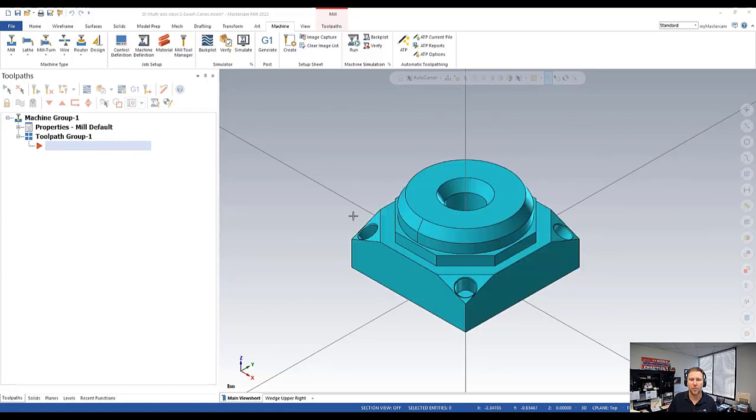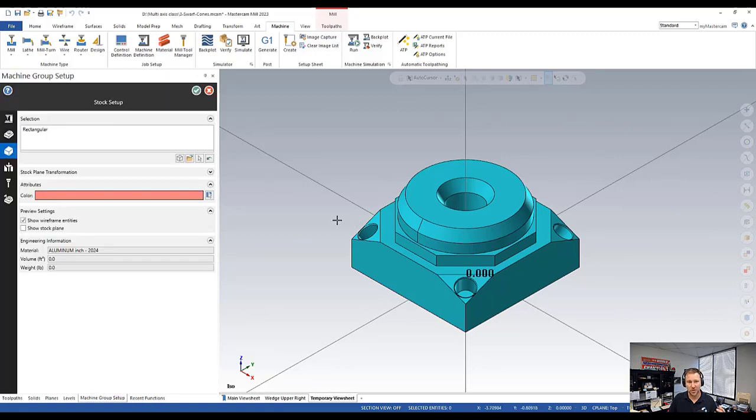I already have a part presented on my screen. I have already selected my machine. That machine selection, download, all of that stuff is exactly the same as it has been in prior versions of Mastercam. Now, where you're going to see the change is when so many of us go into our stock setup,